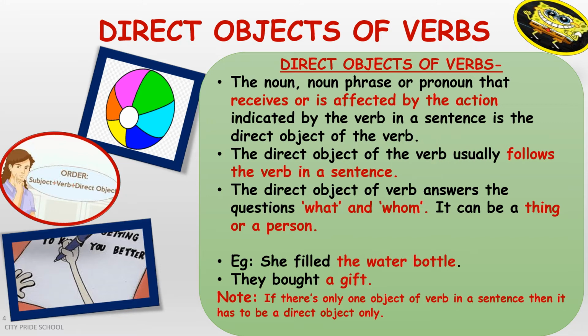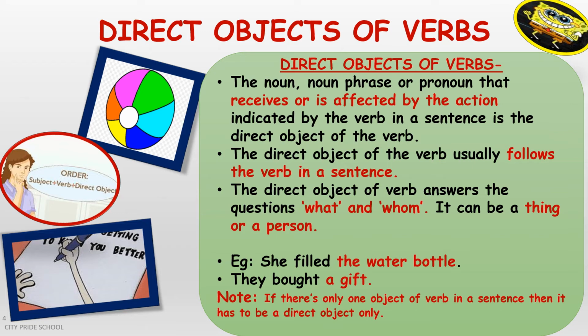And both of them are object of verb. So first and foremost, we should understand that any object in a sentence, when it is affected by the verb or the action, then it is object of verb. Like in the previous slide, when I told you Stuti threw Priya a marker, Stuti is throwing what? She is throwing marker. So marker is affected by throw. Second, she is throwing marker to whom? She is throwing marker to Priya. So that is also affected by the verb throw, right? So that is why these both are object of verb.